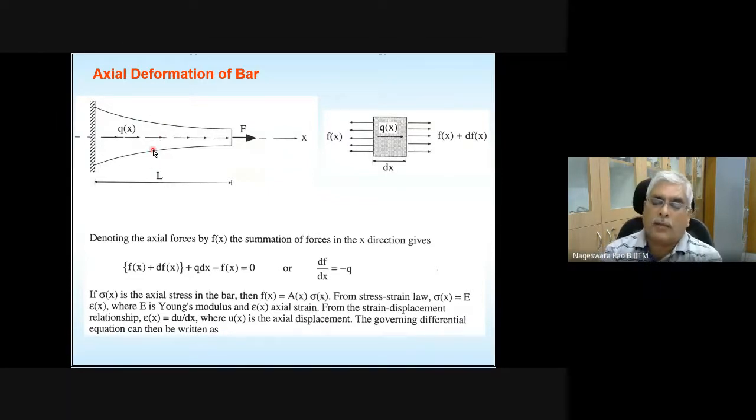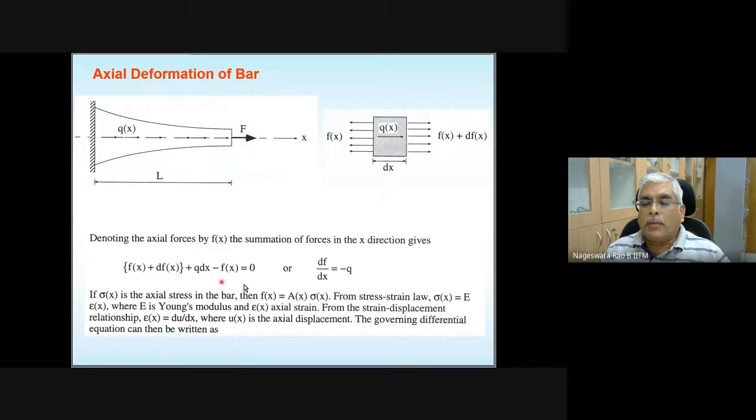And now to express this physical phenomenon, we need to write the equilibrium equation. For that, a differential element is taken. All the forces are indicated, the free body diagram of that element, and applying the equations of statics. Here, this bar is considered to be one-dimensional. So the equilibrium equation is applied along the x direction. And then you get this equation. And if you simplify, you get this one.